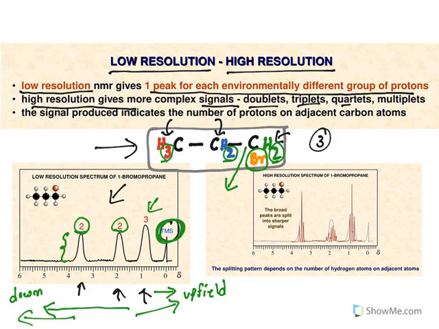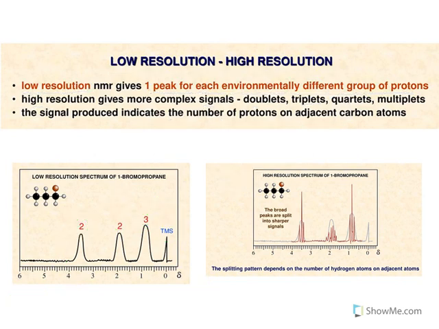So for this, the bromine-containing carbon has these protons, and that will be downfield because of the electronegative bromine. The adjacent protons are this one. The methyl one is closer to TMS. So this is what happens in low resolution. But in high resolution, look what has happened. See, for this you get a triplet kind of thing. That means 3 small peaks are there. It follows a formula called n plus 1. Because the adjacent signal has 2 protons, 2 plus 1, it will give 3 signals.